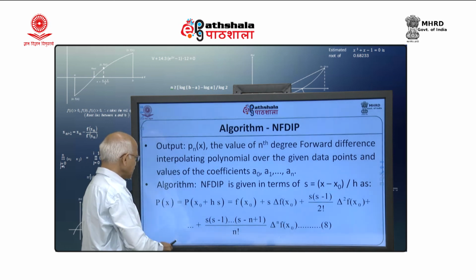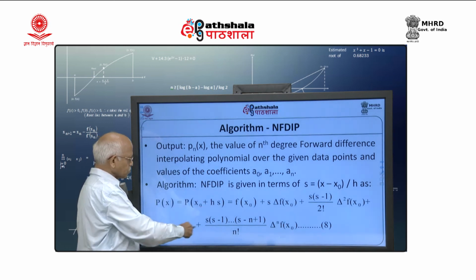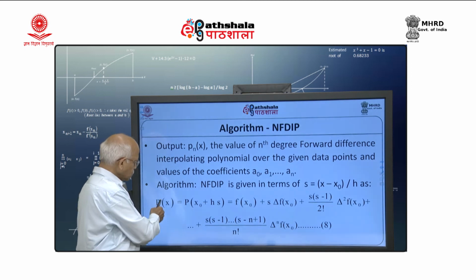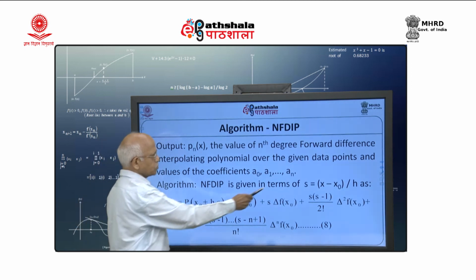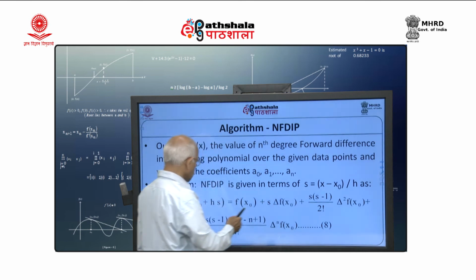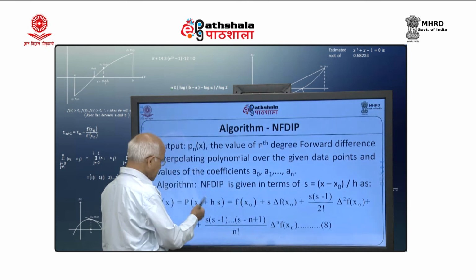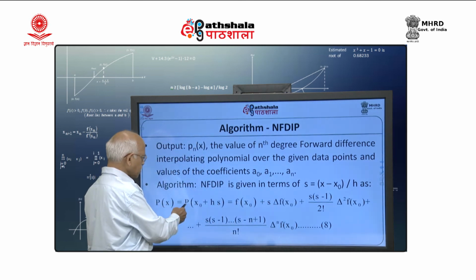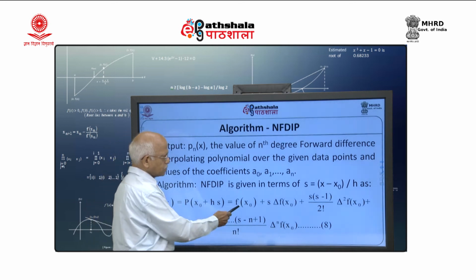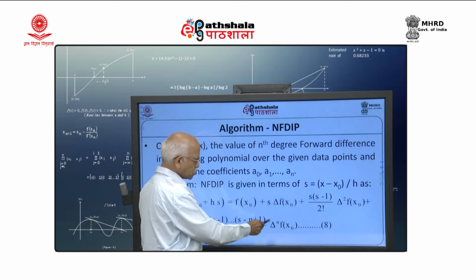So, that is my s. Then your p(x) is given in terms of this. So, in general x will be equal to x0 plus hs. So, p(x) is the same as p(x0 plus hs), and which is given in terms of this. This formula was